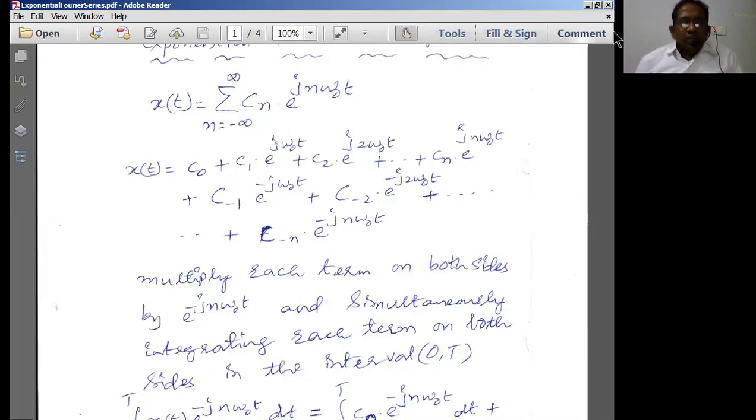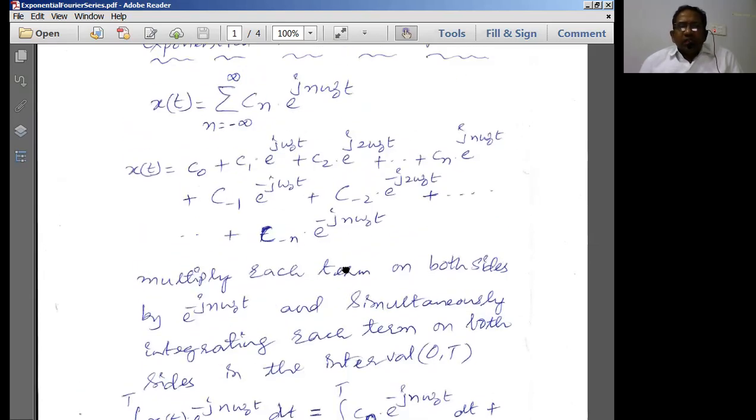Well, now we have represented x of t in terms of the exponential Fourier series as x of t is equal to sigma of Cn e to the power j n omega naught t, where n is going to extend from minus infinity to plus infinity. Whenever we consider a spectrum, it extends from minus infinity to 0 and 0 to plus infinity. So the entire spectrum I can consider from the negative part of the axis to the positive part of the axis, which takes all the values under consideration. Therefore, I can write this as minus infinity to plus infinity.